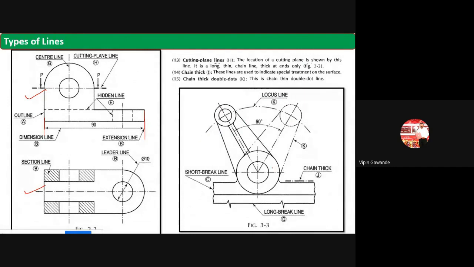See, this is the initial object. Now when you rotate this object, this is the initial position 1, this is the initial position 2. So when it goes from 1 to 2, it creates the locus of this point. Which one? This point. So these are the locus points of the center of the circle. Now to join these points, we have to use what? The locus line. Locus means what? It is connecting all the points when it moves from position 1 to position 2.